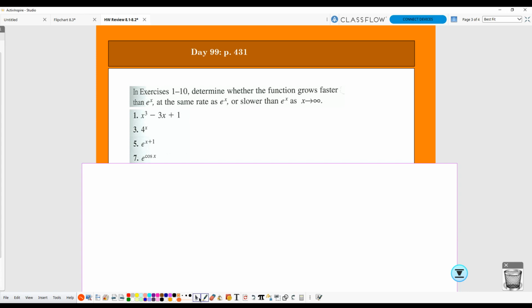What is your inclination? e to the cosine versus e to the x? Gotta be e to the x. Which one's going to grow faster? e to the x, because x gets bigger and bigger, and cosine is stuck between -1 and 1. Okay, so if we were to check this,